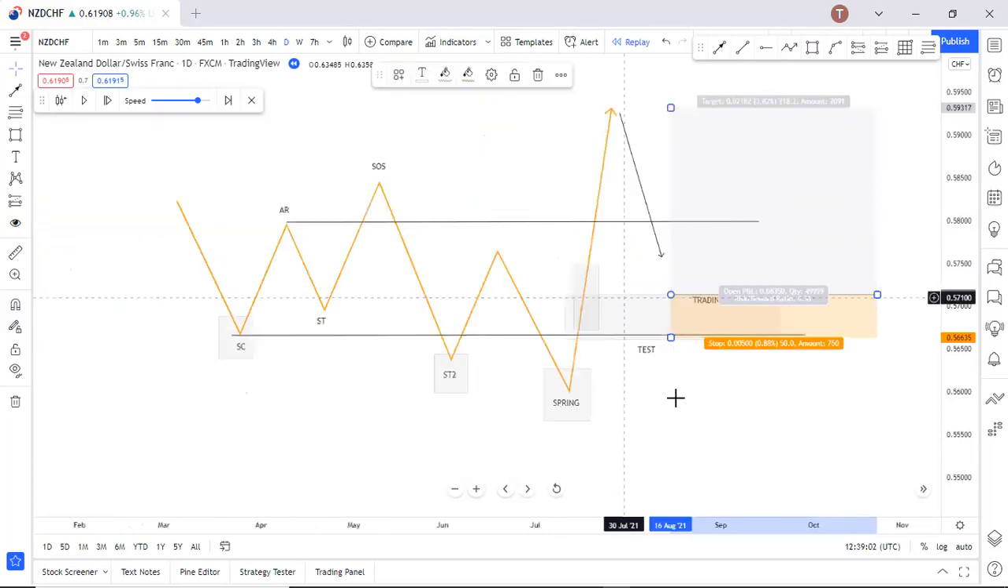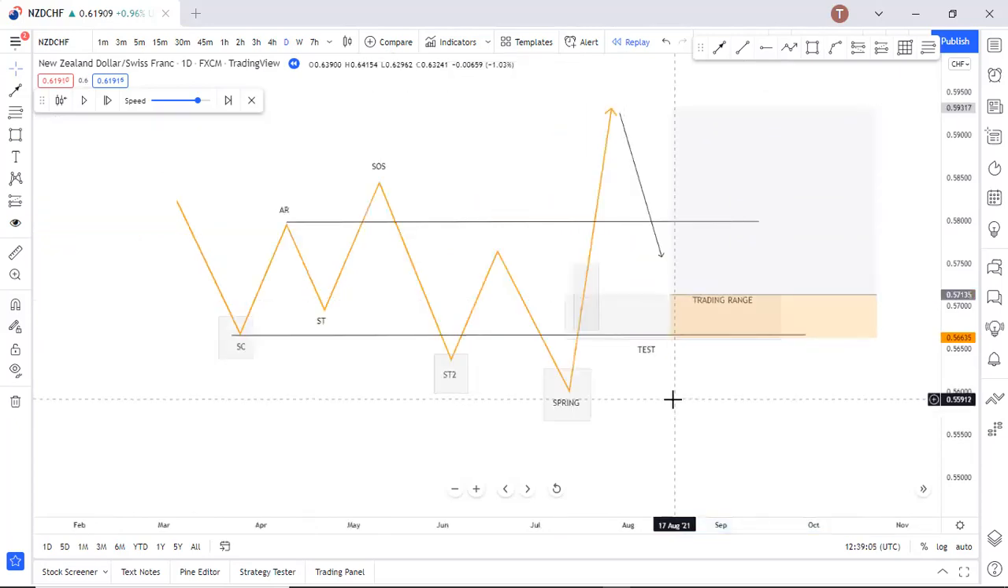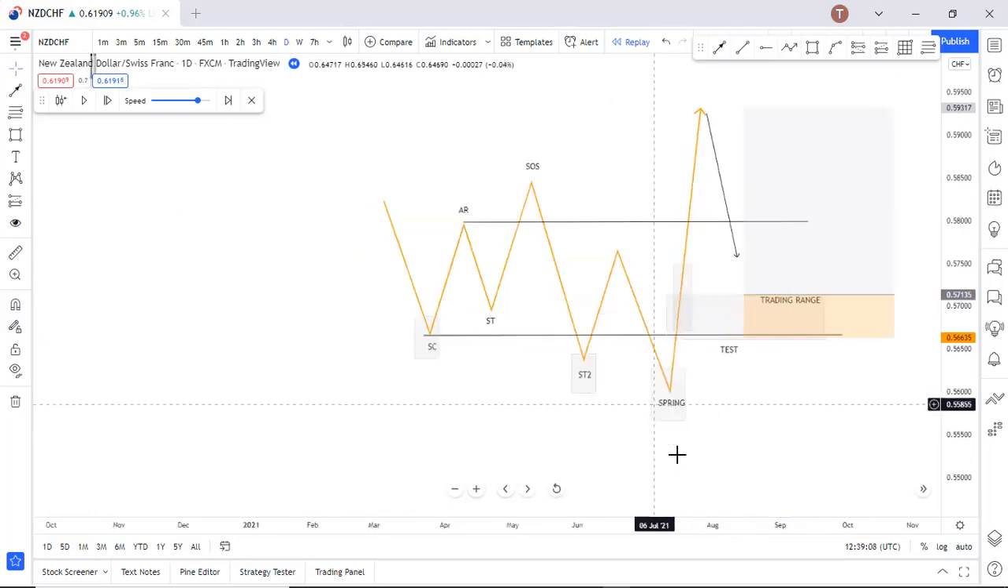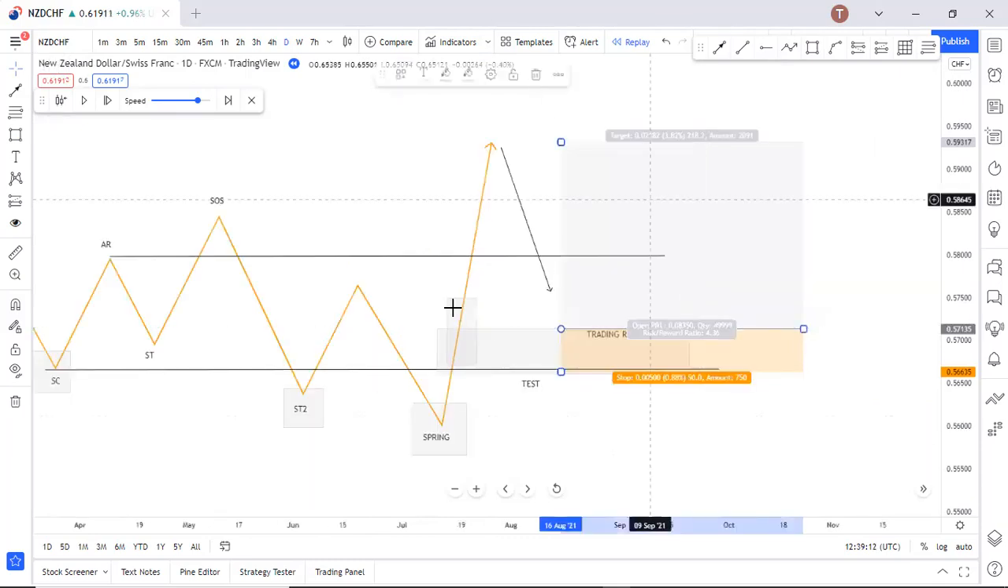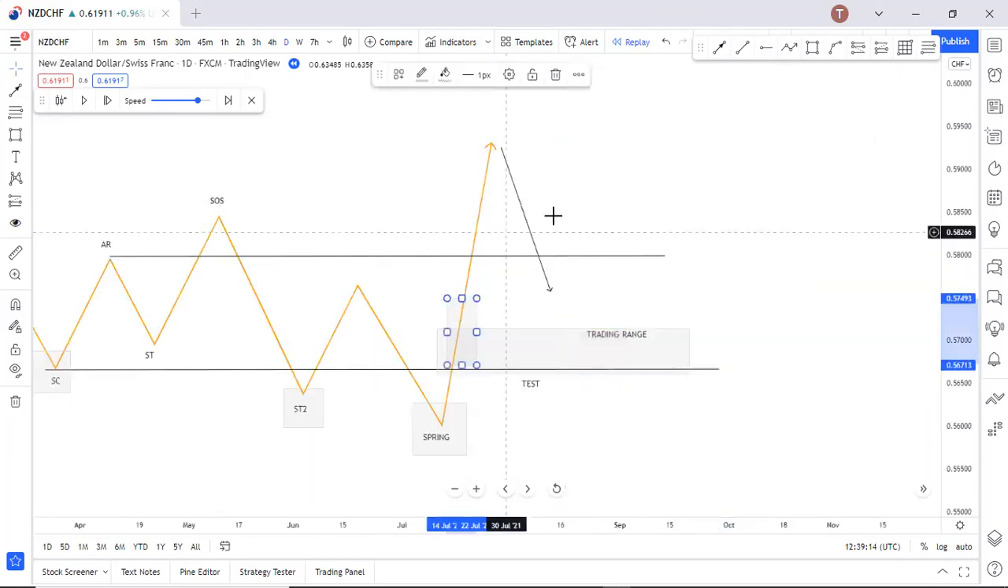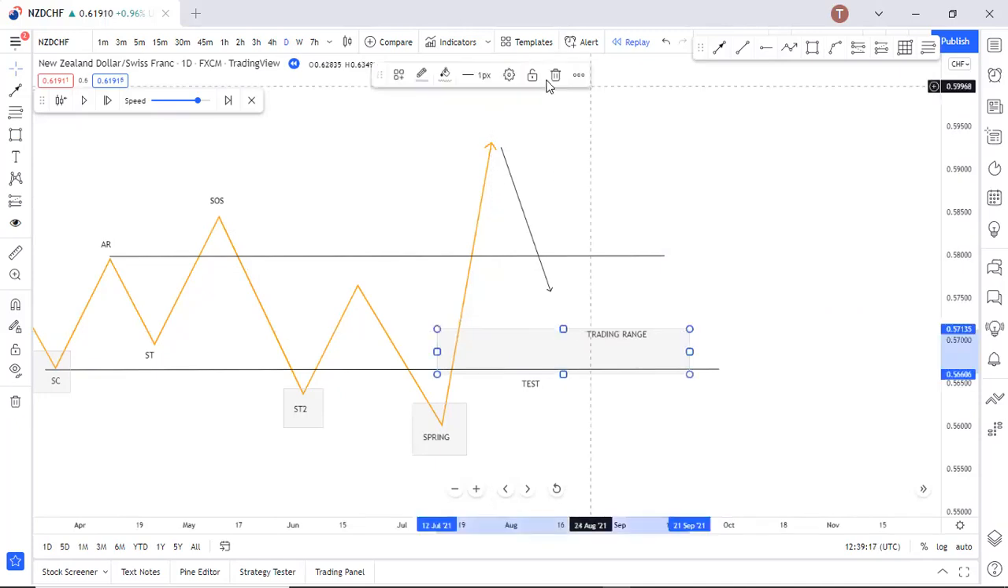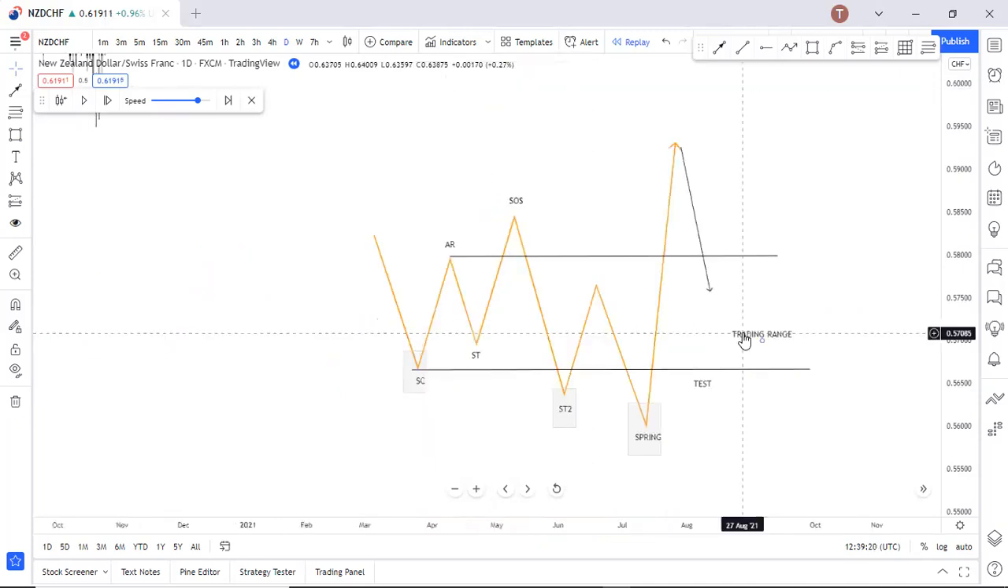It helps us to take confirmations. It gives us confirmations for entry, to go long in the market. Okay, and like I said in the distribution schematic video, sometimes we may not always have the perfect